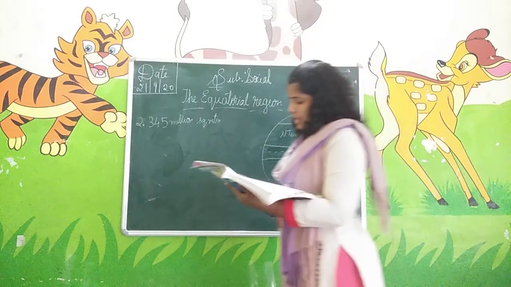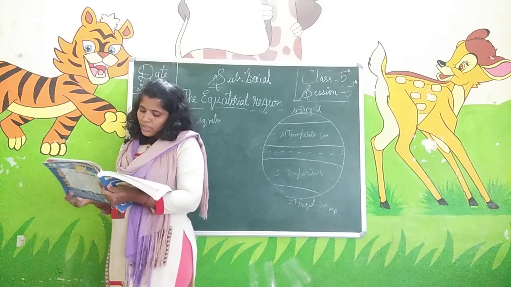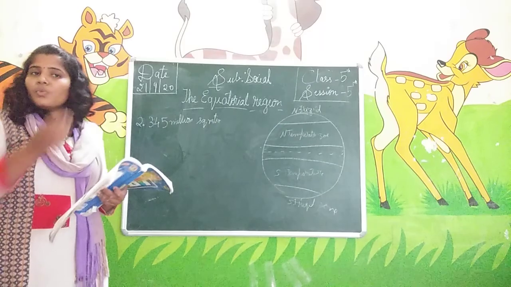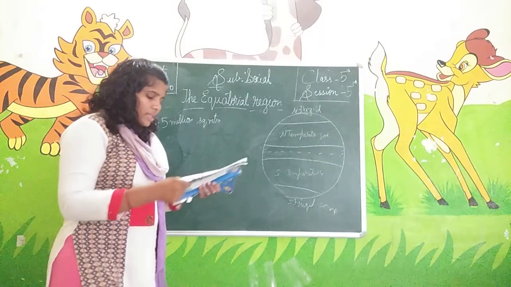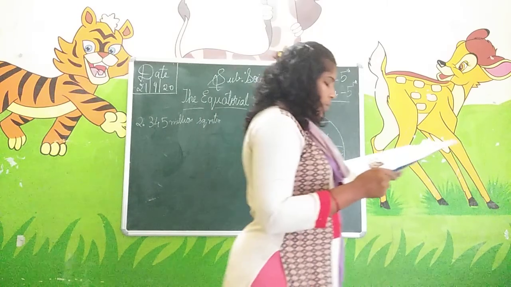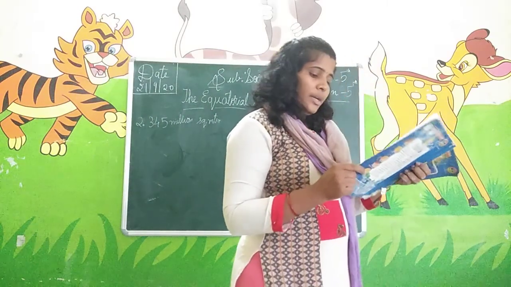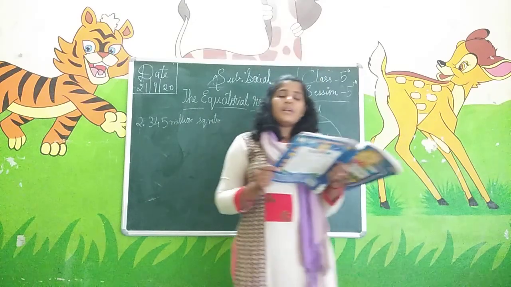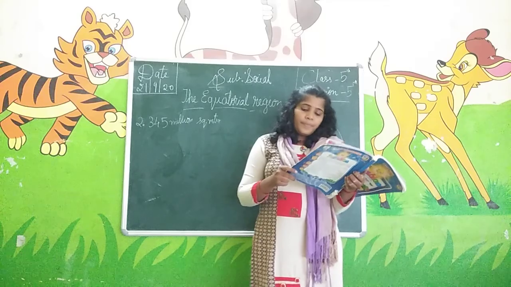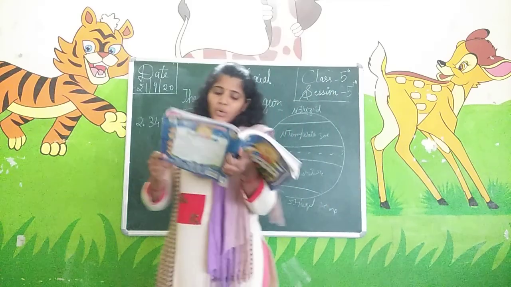Transport and communication. Transport and communication are major problems in the Democratic Republic of Congo. Okay, transport and communication is very difficult in this country. Why is it difficult? The industries are situated deep inside the country, which makes it difficult for roads and railways to be built. Okay, industries are settled in the deep middle of the forest. It is very difficult to build railways and roads for them.